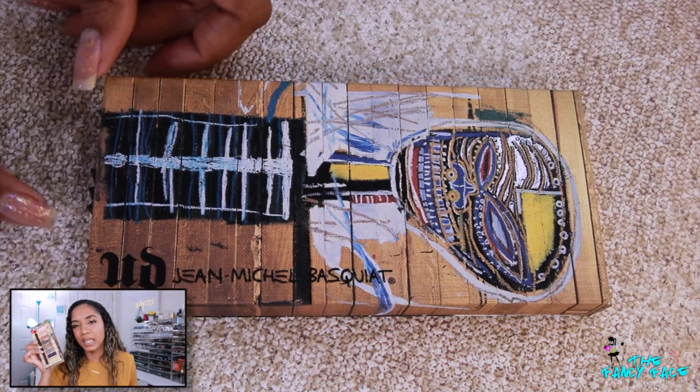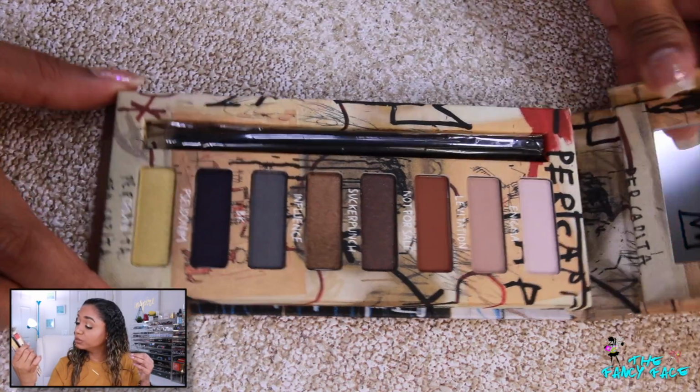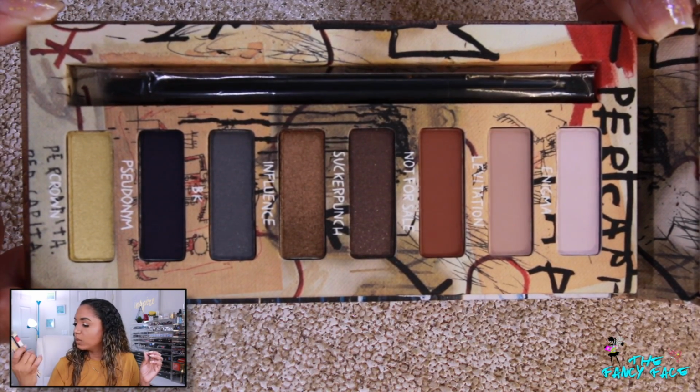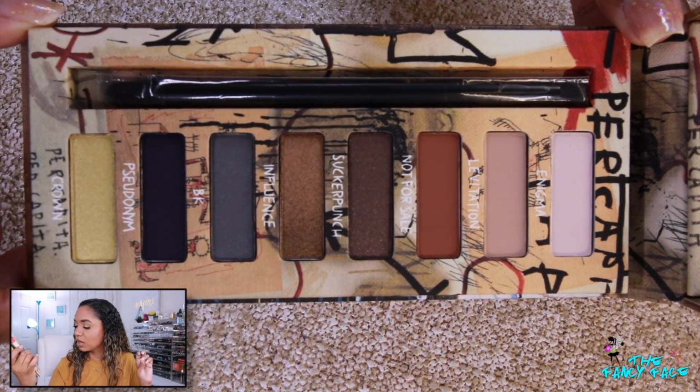The only one I'm skeptical about is Crown, which is that light yellow gold. I'm not too enthused about that. But they have 5 neutral shades in here, and there's a total of 8 shades. 3 of them are complete mattes, but the Pseudonym shade, which is the dark blue that